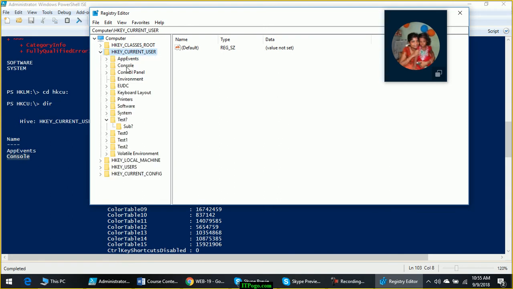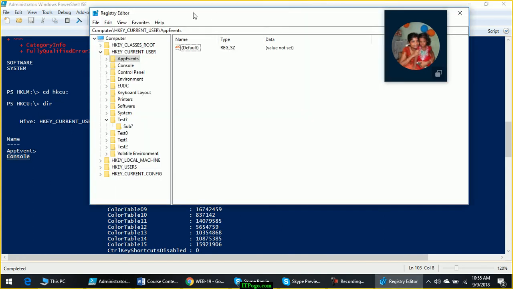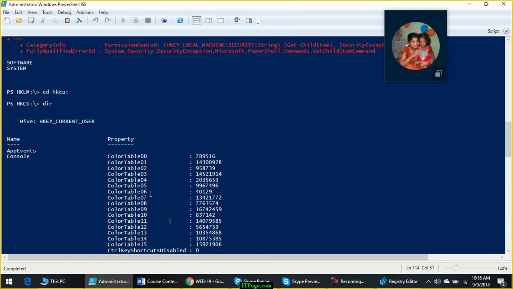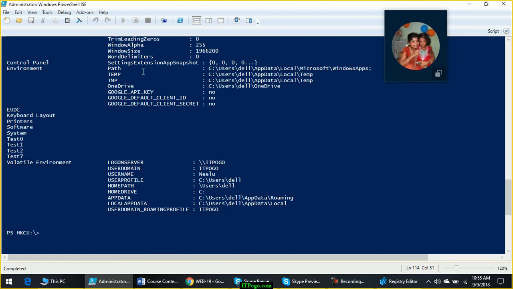So app events, and under app events there is nothing available directly on the right hand side. That's why you see it is not showing anything under app events. But when you select console, there are a lot of things which are available under console which you can see here on the right hand side. Same thing will appear here. So this is how you can browse the file system and registry using providers.